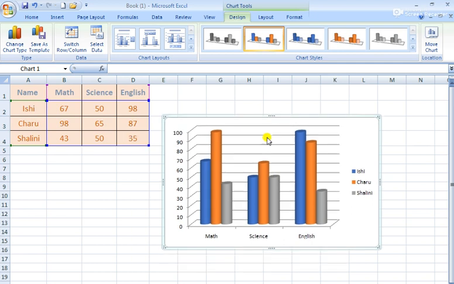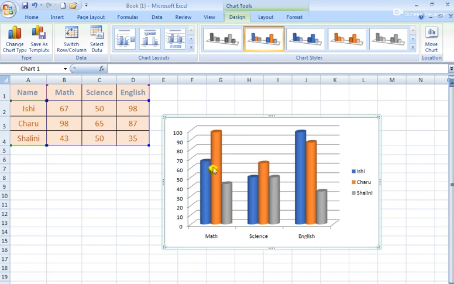Now these elements, we have already seen. These are the legend, these are the categories, these are the values, and these are their contents. Like Ishi's marks of maths, then Charu's marks of maths, and then Shalini's marks of maths. So this is our chart prepared.